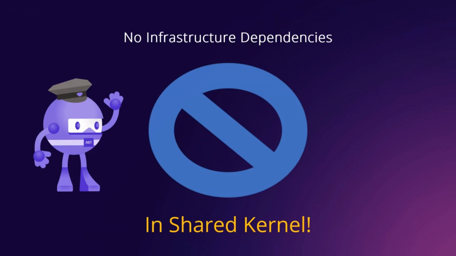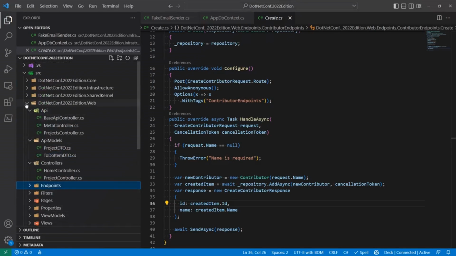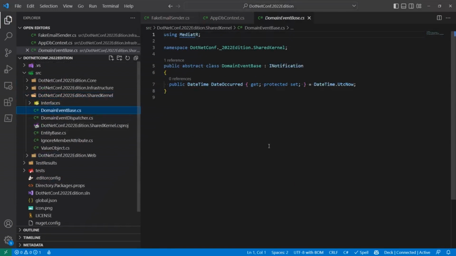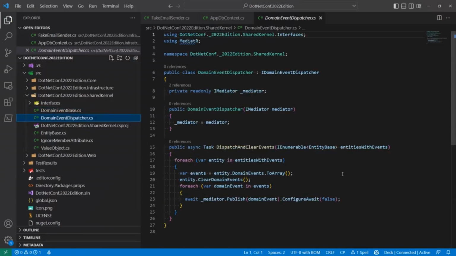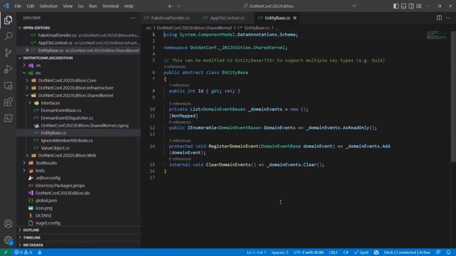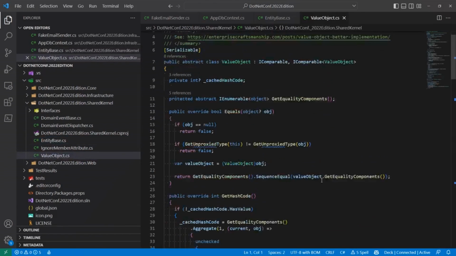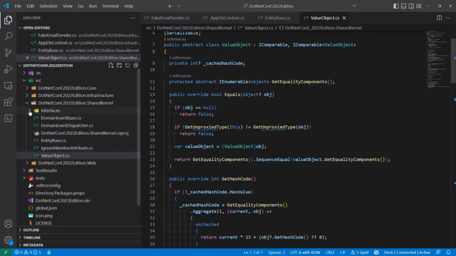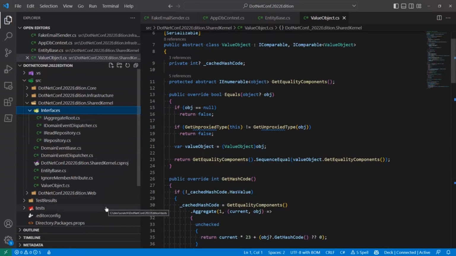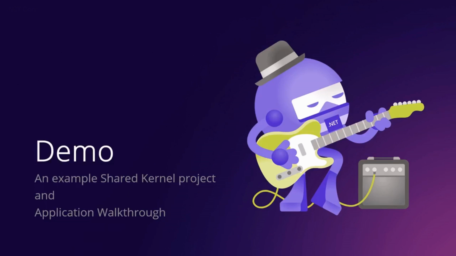All right, so let's take a look at what's in shared kernel here that comes with the template. Again, you would put this in your own NuGet package, but it just has base classes. So domain event base, an implementation of the dispatcher for sending domain events that in this case uses Mediator, but you could swap that out with something else if you prefer. A base entity class that in this case uses integers, but you could modify it to be an entity of T so that you could have integer or GUID support or string or whatever you want to use for your key type. And an implementation of value objects here as well. So you've got those things in here, as well as some basic repositories for aggregate roots, repository, and domain event dispatching.